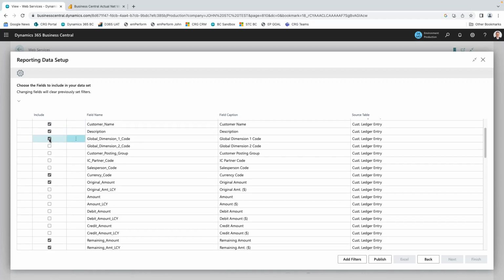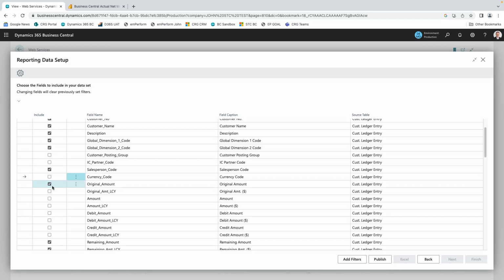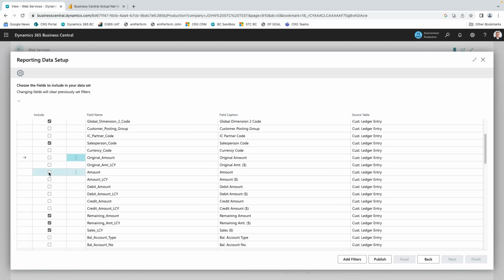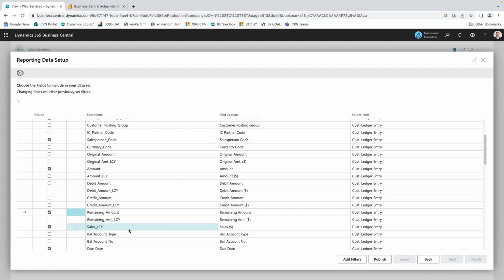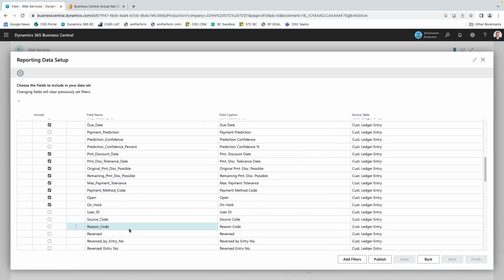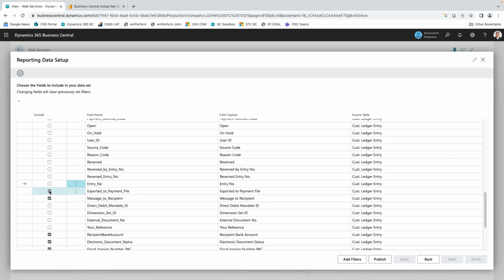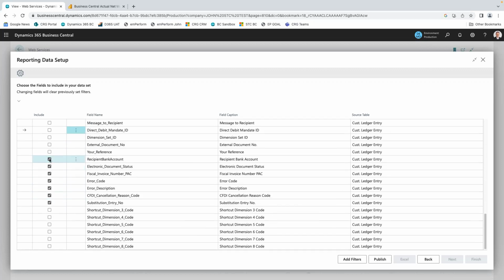So maybe, I don't know, I'll put global 1 and 2 in there. I don't care about the customer posting group. We're not using intercompany. Salesperson, okay. Currency's not relevant. I'll have the original. I just want the amount, right? And the remaining amount is kind of good to have. And sales in local currency is good. And then there's all this discount stuff down here, and I'm like, I don't want that in my query. So I'm just taking this stuff off and scrolling through and removing things I don't want to have,